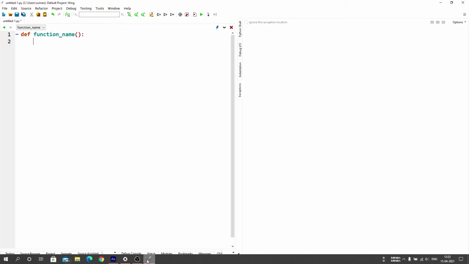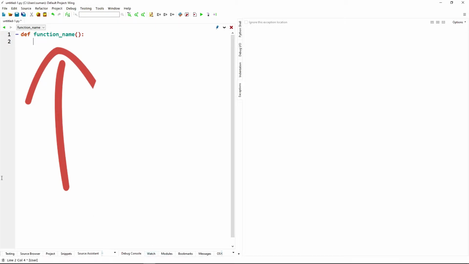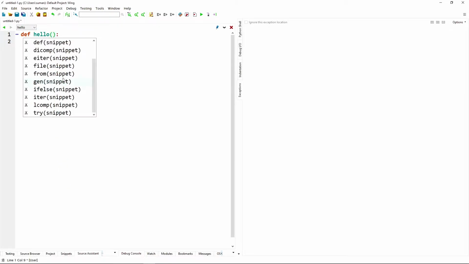After that, the body of the function is there. Let us define a function. Suppose here we are naming the function hello.